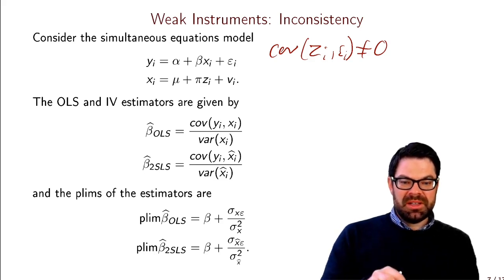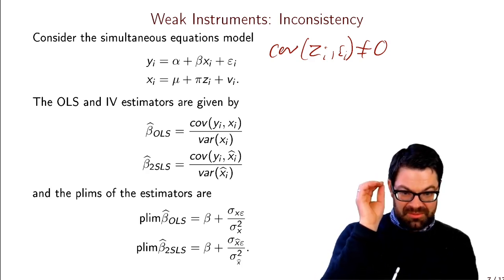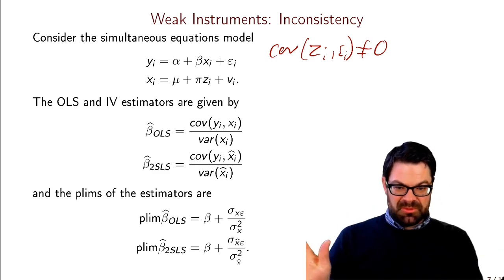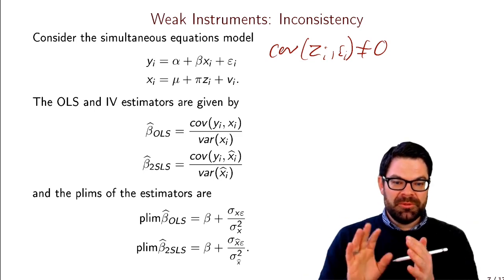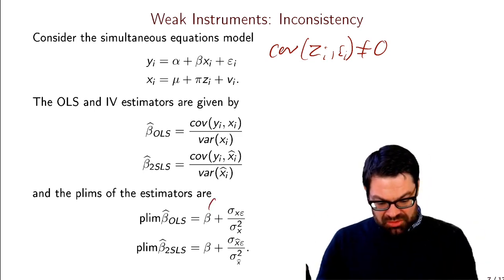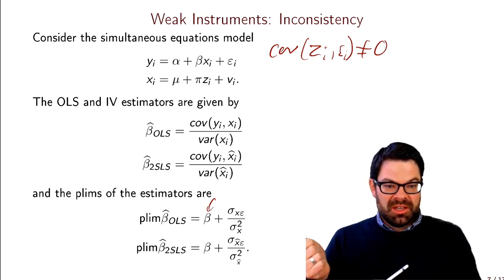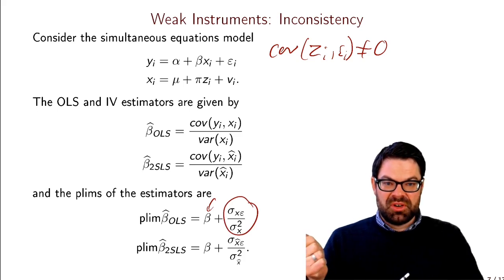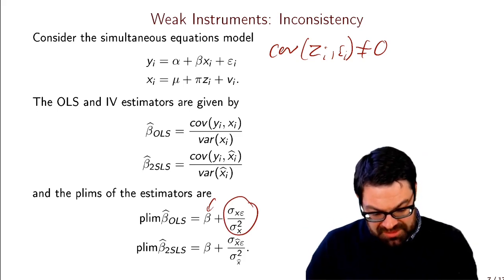So then when we look at the probability limit of those estimators, so the value that the estimator takes when the sample size goes to infinity, what do we get here? Well, for the OLS, we get the true value, the true parameter, plus the bias term. The bias term is there because initially we had the case that